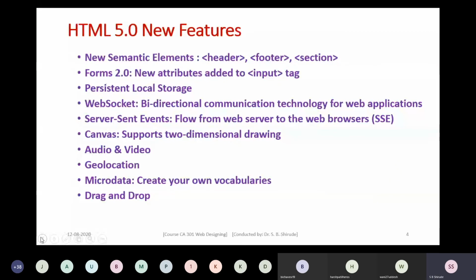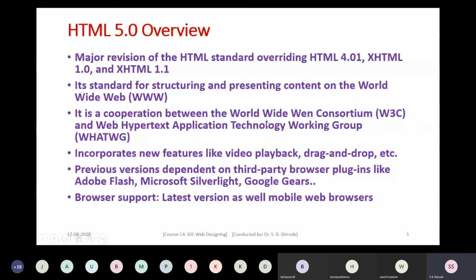It is a cooperation between the World Wide Web Consortium, W3C, and Web Hypertext Application Technology Working Group, WHAT-WG. So it is cooperation between these two, W3C and WHAT-WG.